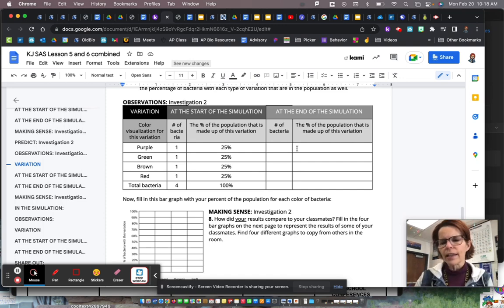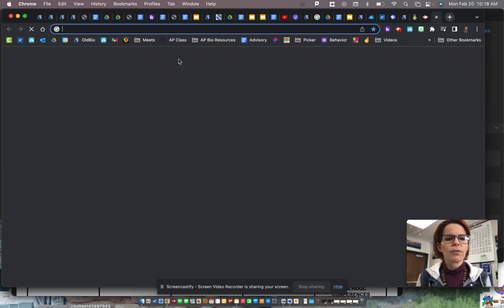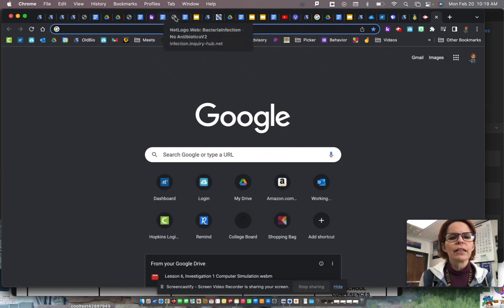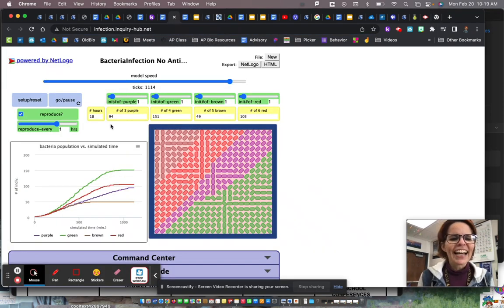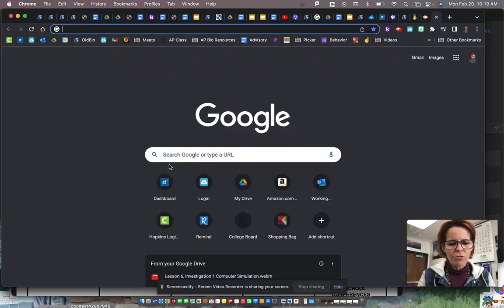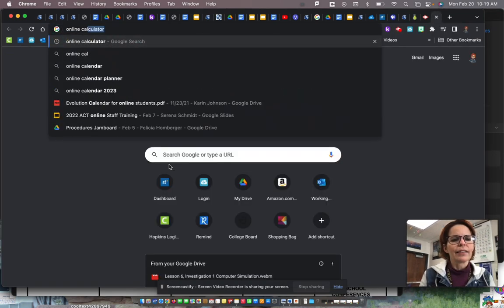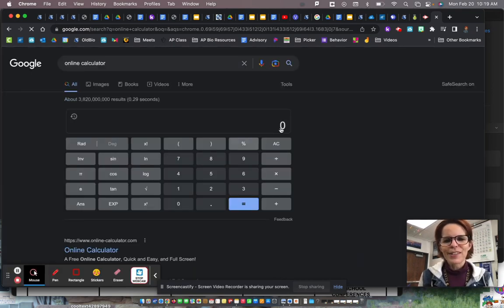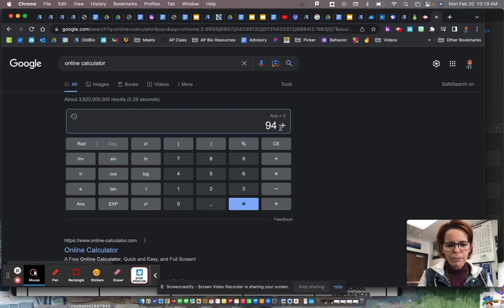So it'll say like 0.27. Let me show you what I mean. Let's do it right now. So how many, let's see, I got to remind myself really quickly, where is it? How many purple did I have? I had 94 purple. So I'm going to do the math in front of you. So let's do online calculator. And we'll do, oh my goodness, my computer's going slowly, sorry. 94 divided by 399. And that says